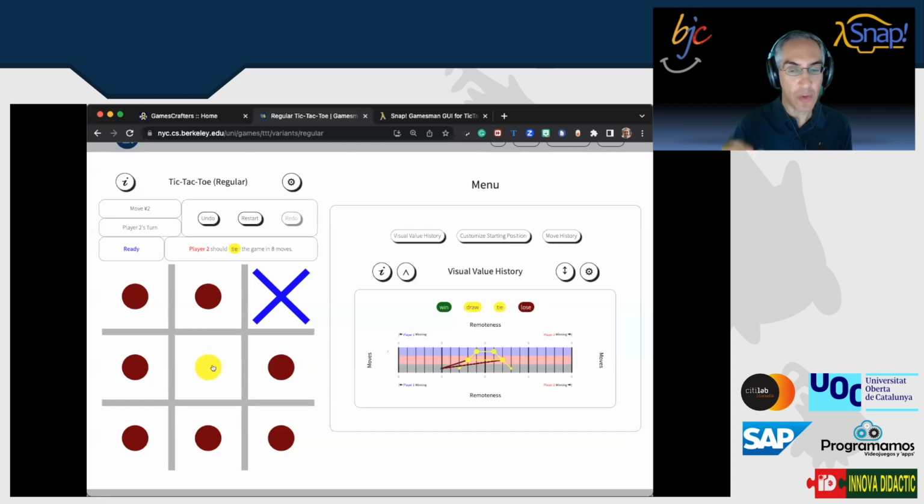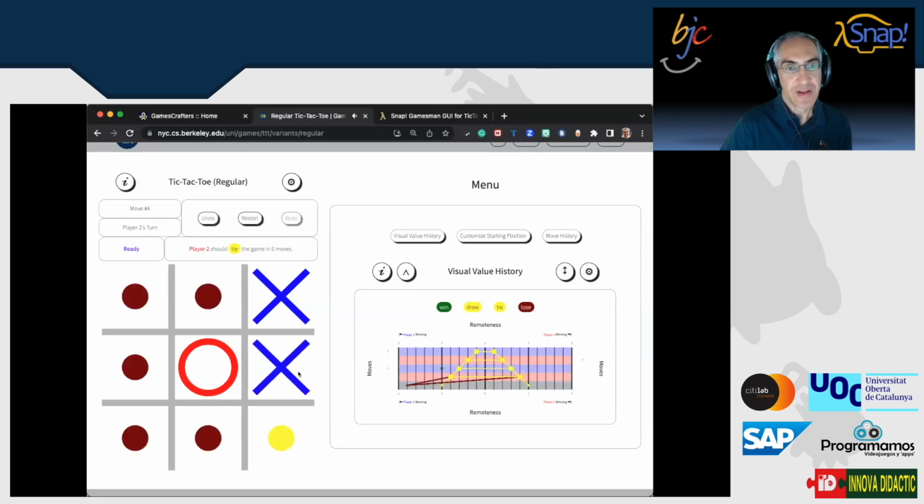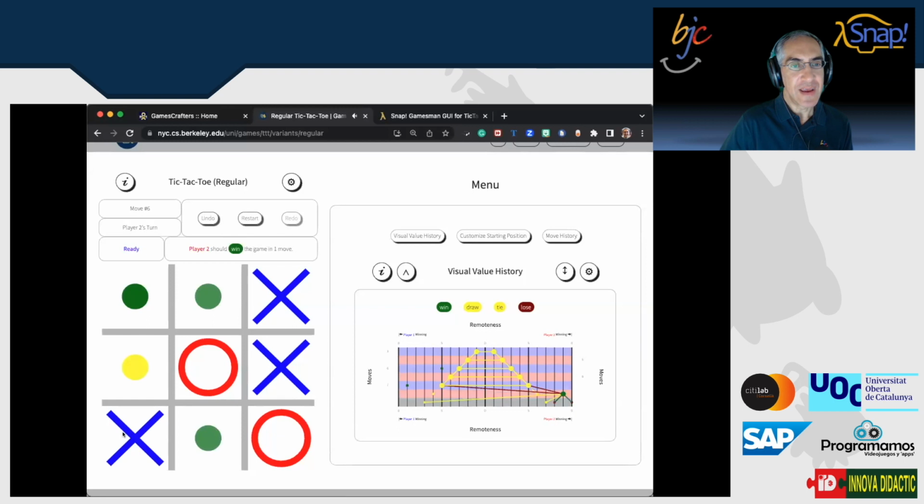Yeah, that's because the only way to preserve a tie in perfect play is to go in the middle. If you do this, then it doesn't actually matter where X goes again. X can go here. And you'll see that O has to block. If O blocks, then this is a tie. If O doesn't block, if O goes anywhere but here, X could just win. So O would block here. And if X goes here, well, let's say X loses. So X can go here to lose. And these are winning positions.